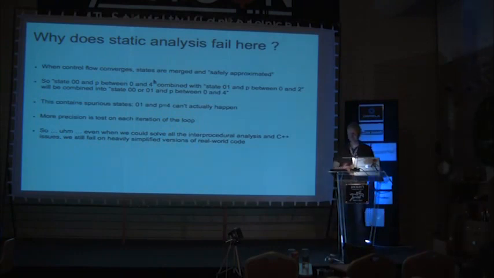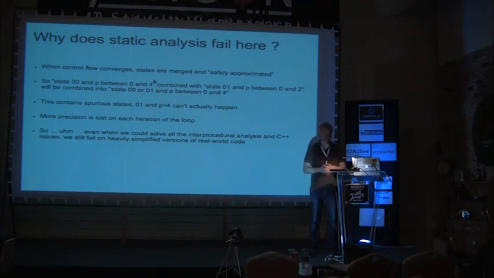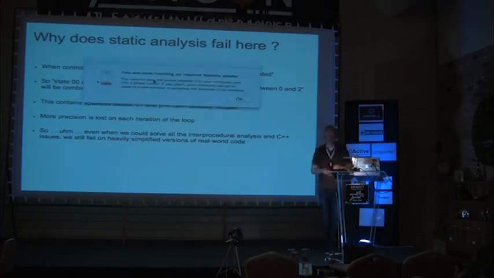Okay. The summary that you can take away from this is that even if we could solve the problem of interprocedural analysis, even if we could do C++ code, even if we could scale this up to all the source code, we really don't know how to deal with a simple memory copying loop like this. I found it really interesting that you can create a small example that you can write. Like, the nice thing is it's small enough to keep in your head. It's small enough to sketch out on a piece of paper in a bar, yet still it breaks essentially everything. And that makes for a nice example.